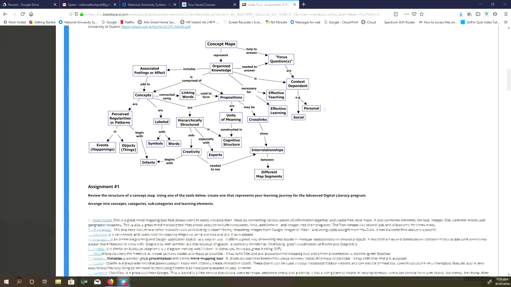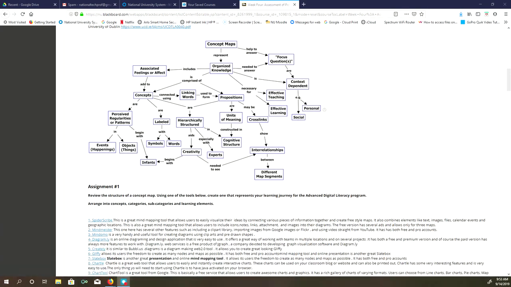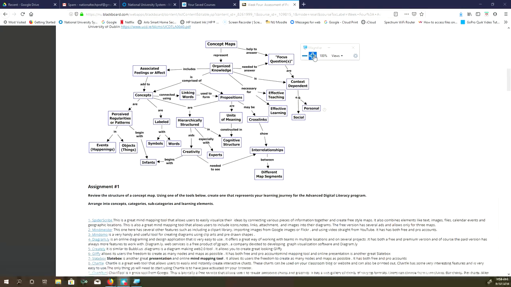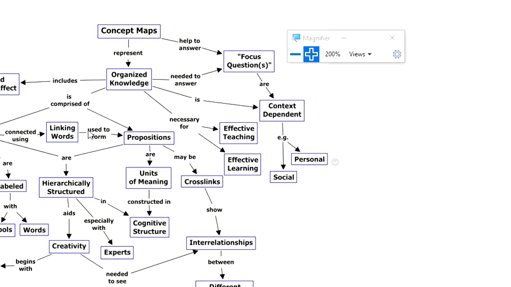Okay, so here's an example of a concept map, just so you can get an idea of what they look like. Let's zoom in on this a little bit. You can see basically it's just an organization of concepts and how they relate. Some concepts may relate to other concepts, which may relate to other concepts in a variety of different ways.